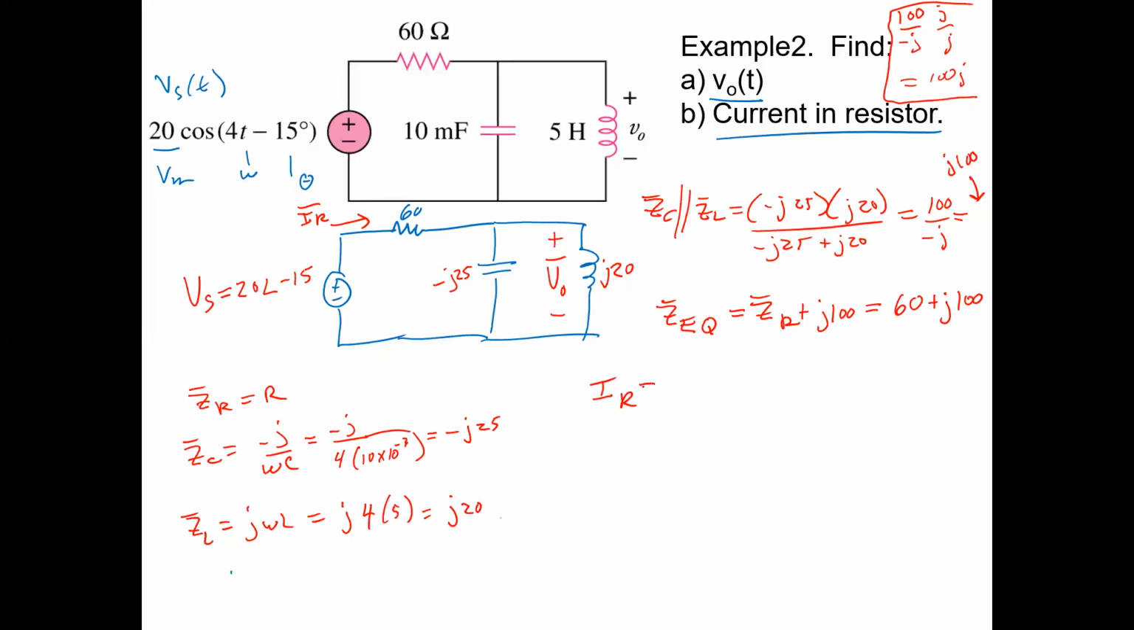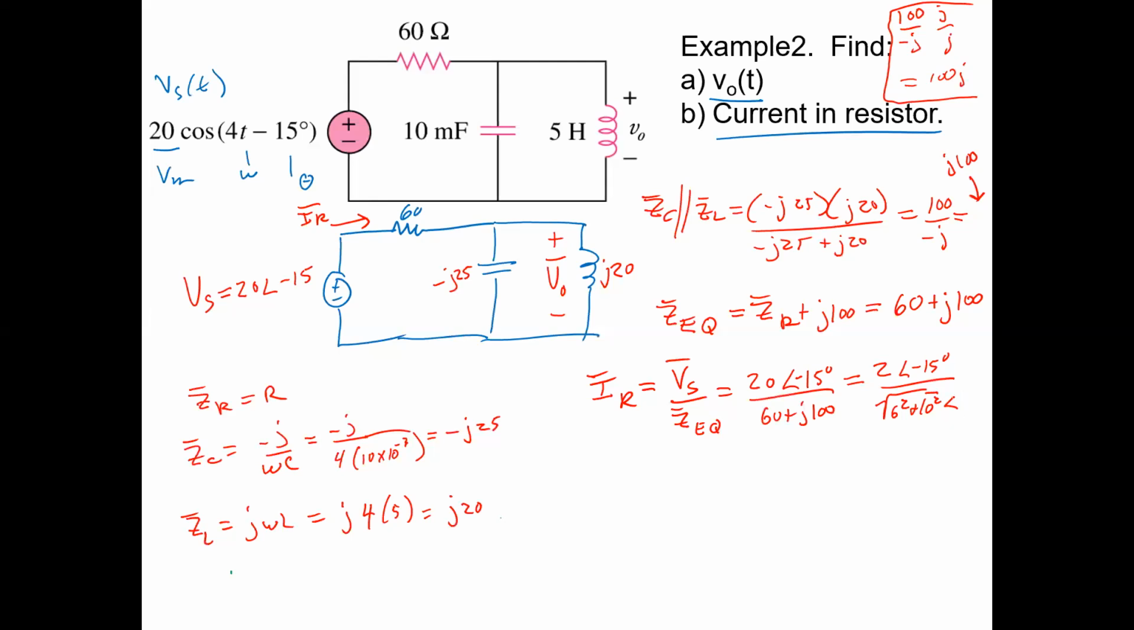So IR is going to equal VS over Z equivalent. So that's going to be our source voltage, which is 20 angle minus 15 degrees, divided by 60 plus J100. And factoring out a 10, you could say that's 2 angle minus 15 degrees over the square root of 6 squared plus 10 squared, angle,